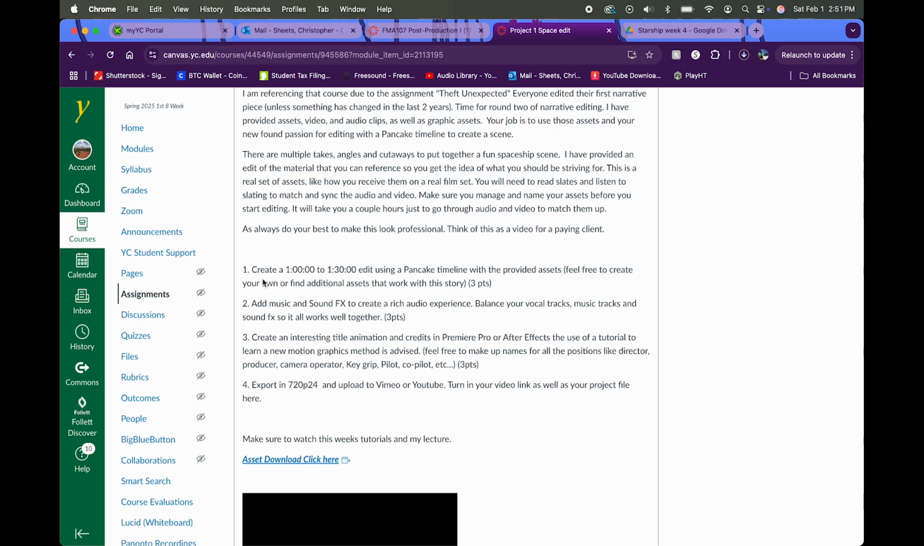Create a 1 minute to 1.5 minute edit using a pancake timeline that provides assets. Feel free to create your own and find additional assets that work with the story. What I mean by this is you're going to create a pancake edit. I'm giving you a bunch of assets. If there is music, sound effects,